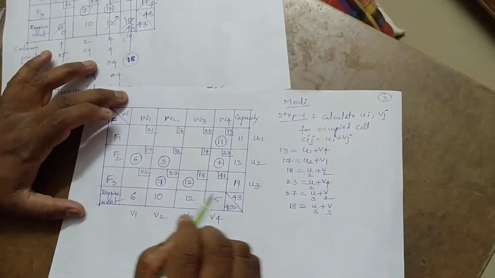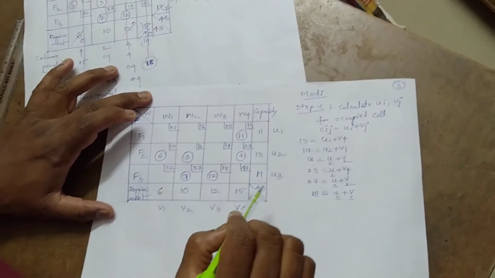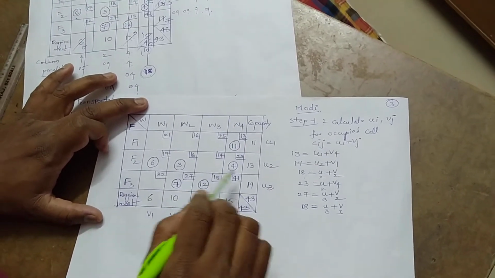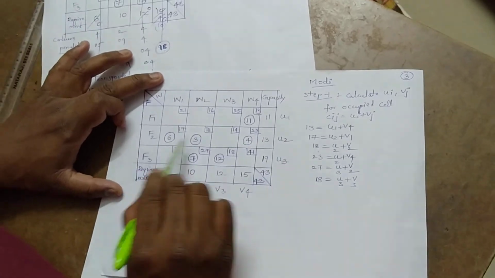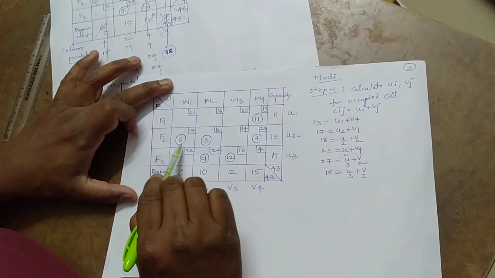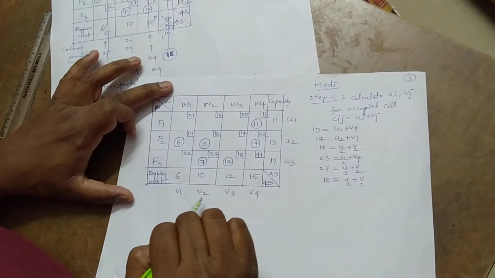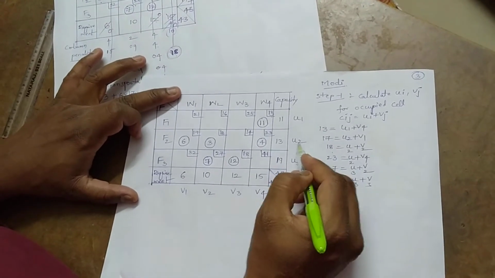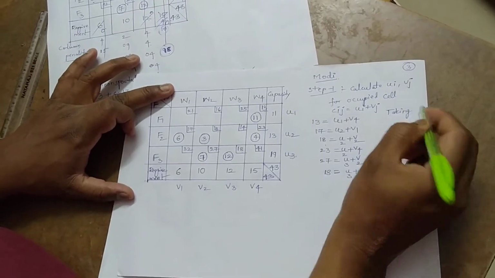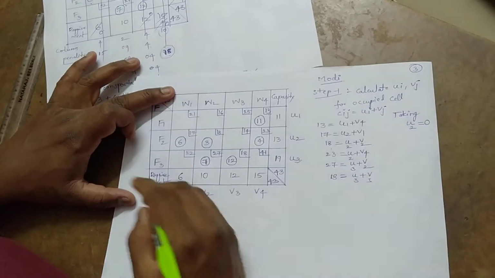Instead of assigning 0 to an arbitrary variable, we can choose a variable, any u or v, for a row or a column for which there are maximum allocations. Suppose you take u2, the allocations are maximum. See this, in u2 the allocations are 1, 2, 3. u3 allocations are 2. v1 allocation is 1, v2 allocations are 2. So better I am going to take u2 is equal to 0. This will simplify the problem. For problem simplification, I am going to set u2 equal to 0.